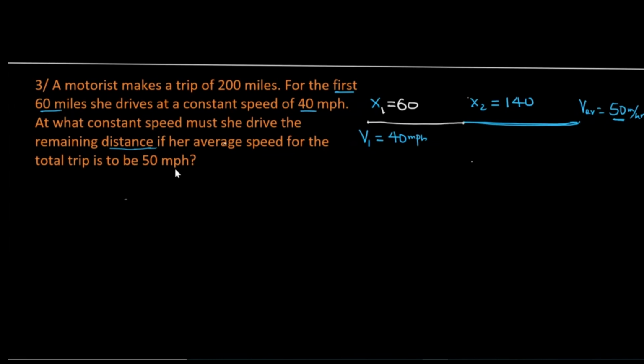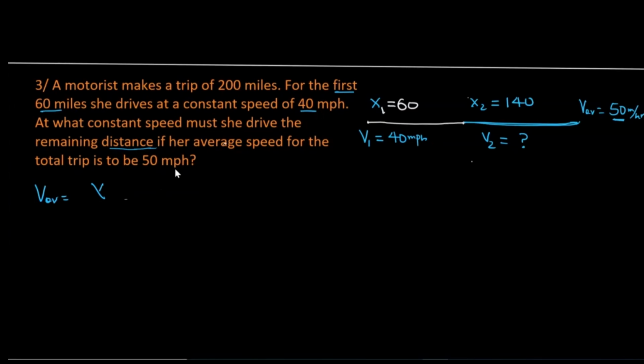So I know that now. If I understand the concept, I'm expecting the second velocity, which is unknown here, must be greater than 40. Otherwise, I cannot have 50. So you cannot just guess the number. Because the distance is different, you cannot simply add to 40. So I have to know the time taken for the first trip and the time taken for the second, because the average speed is, look, v average equals